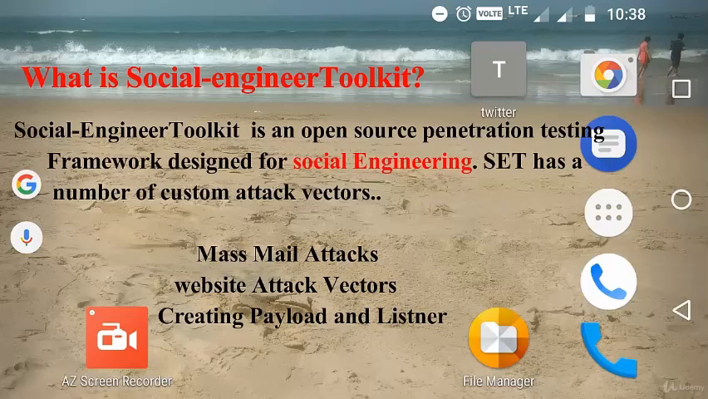Social Engineering Toolkit is an open source penetration testing framework designed for social engineering. SET has a number of customized attack vectors like mass mail attack, website attacking vectors,